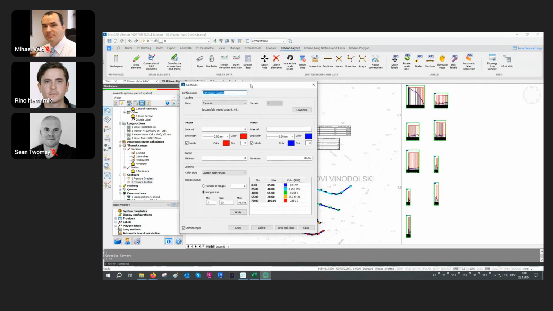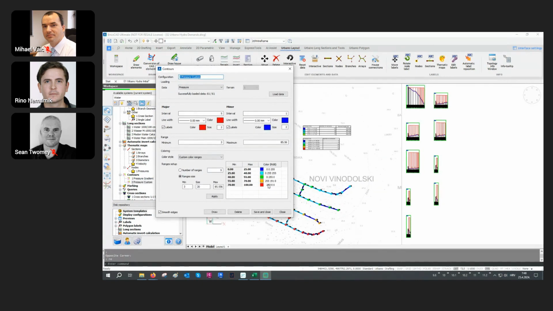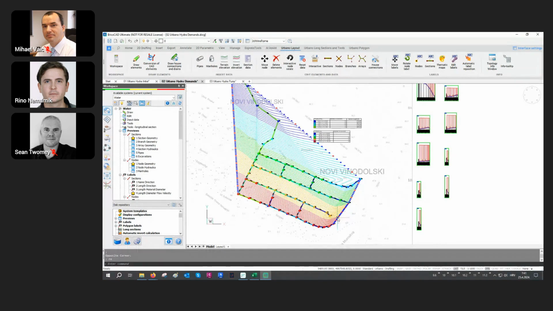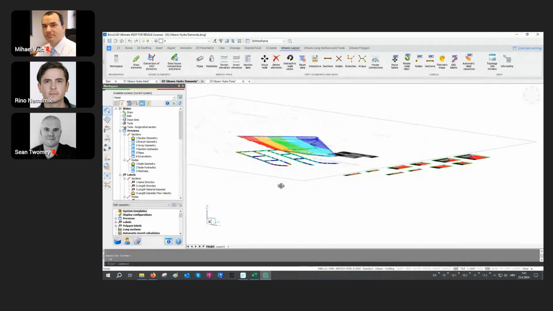And of course, you can define these color ranges by yourself. You can define the ranges and also the colors, but I like to use the default ones, because if you're using the default ones, then the colors and the ranges will match those legends that we already have from the thematic maps. So now when we click draw and save this, we have these contours showing us different ranges of